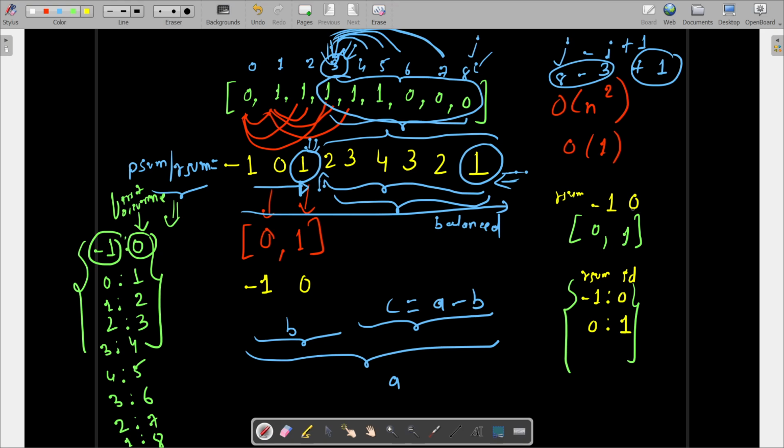Here we are getting running sum as 0, and here we are getting running sum as -1. There is no repeat of any running sum. But visually you can see it's a balanced array of length 2, right? So what is being missed? Something is missed, right? And what is missing is that let's have one running sum which is 0